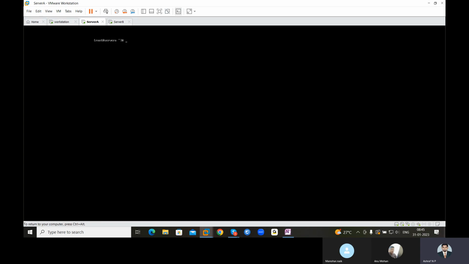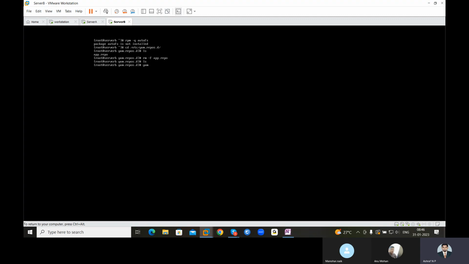Here also, go to cd /etc/yum.repos.d, you can see there is a configuration file. I'm just going to remove this configuration file. Removed. ls, file is not available. Here also I'm going to remove it, rm -f, removed. ls, file is not available.